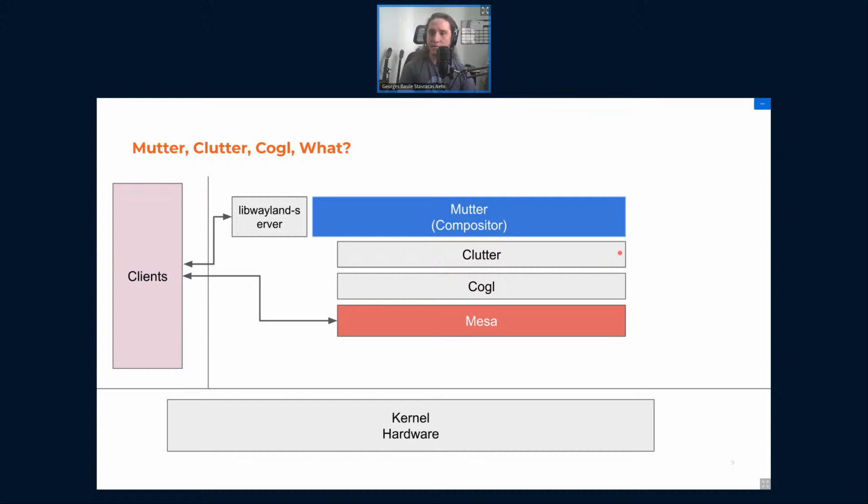Basically, Clutter is a toolkit, and Cogl is an OpenGL abstraction layer. So Cogl is like nicer GL. That's why it's over here. Oh, I can actually draw it here. Fantastic. So we've got Cogl here, which, again, simplifying stuff, thinking about the free and open source stack. On NVIDIA, it's a completely different scheme. It's a completely different way of handling things.